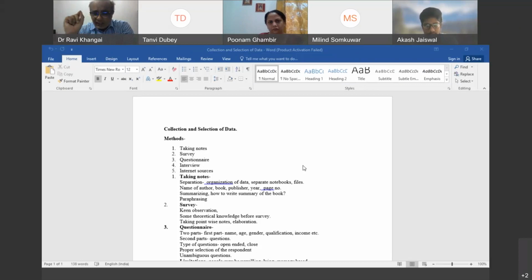If you are very disciplined and organized, you will take down the notes in such a manner that when you write your thesis, the things are easily accessible. For that, you need to organize the data. You may have to make separate notebooks. For example, if your thesis has 5 chapters, you may make 5 files so that you can write on the paper and keep putting it in the file: first chapter, second chapter, or you can have one file extra also.